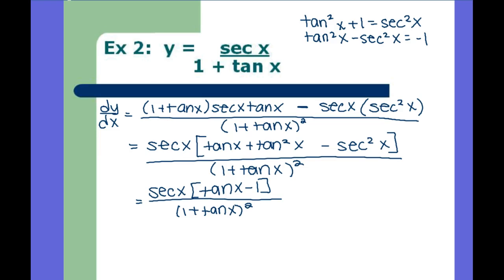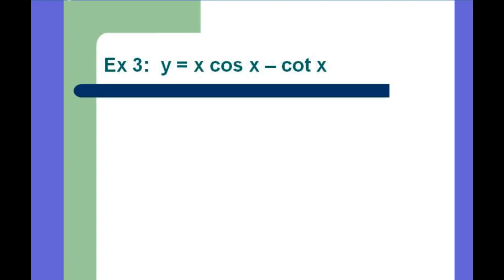If you're ready, you can go ahead and try the next one on the back. So if that one negative cancels out, would you be left with negative secant x over 1 plus tan x, because it's squared? Yeah. Okay. So on this, would we treat negative cosine x as our second and x cosine x as